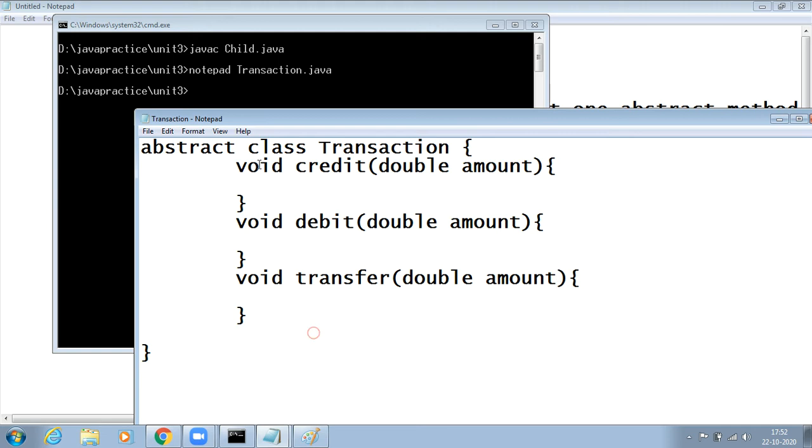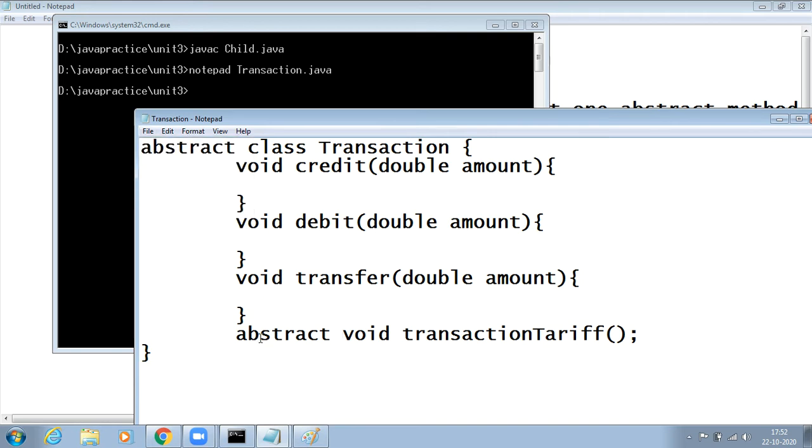So when you do these three kinds of functionalities, you should also have something like void transactionTariff. I want to create something here. A transaction tariff is a method which is an abstract method.